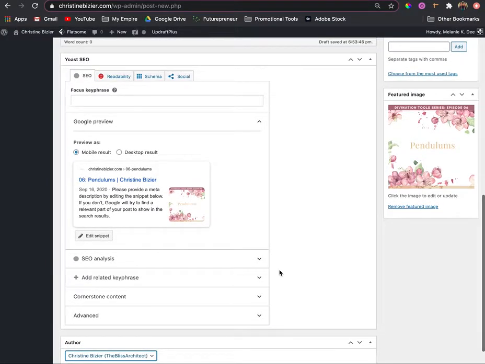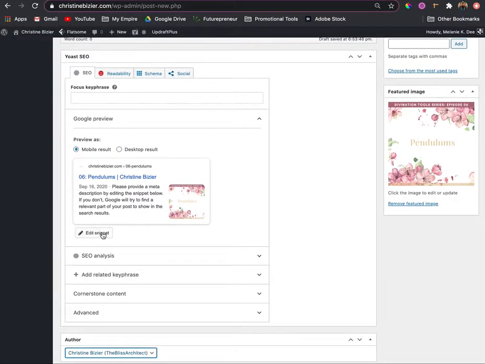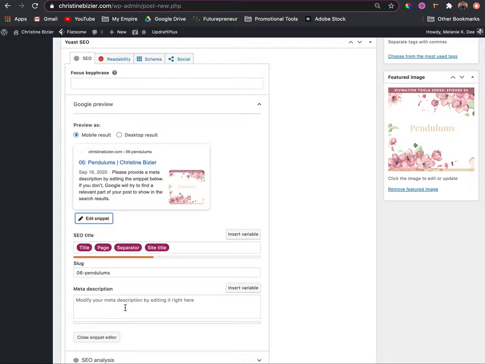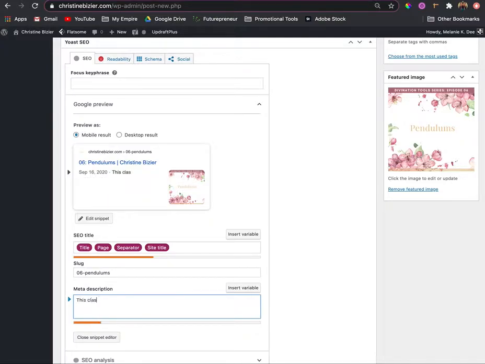Number 7 is the SEO snippet. So see right here, we've kind of got a built-in SEO. I'm going to go edit snippet. And this is, I recommend you do it. I haven't been doing it. I recommend you kind of type in, this class is about using your body as a pendulum and how to ask spirit, what is my truth,